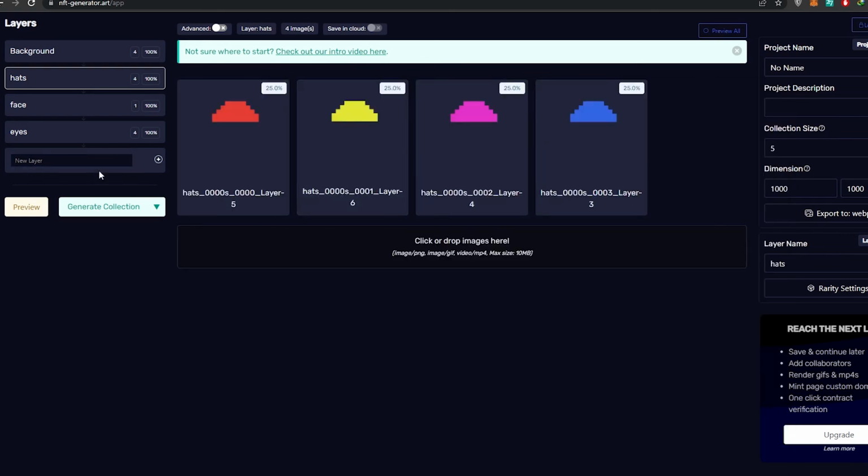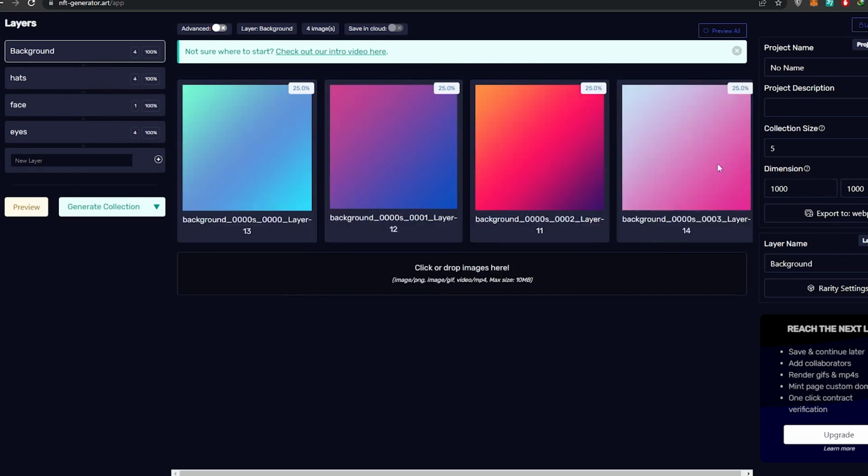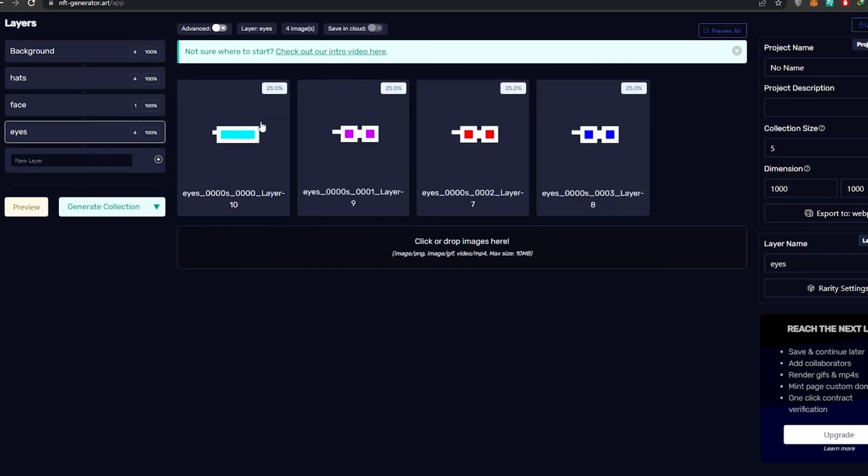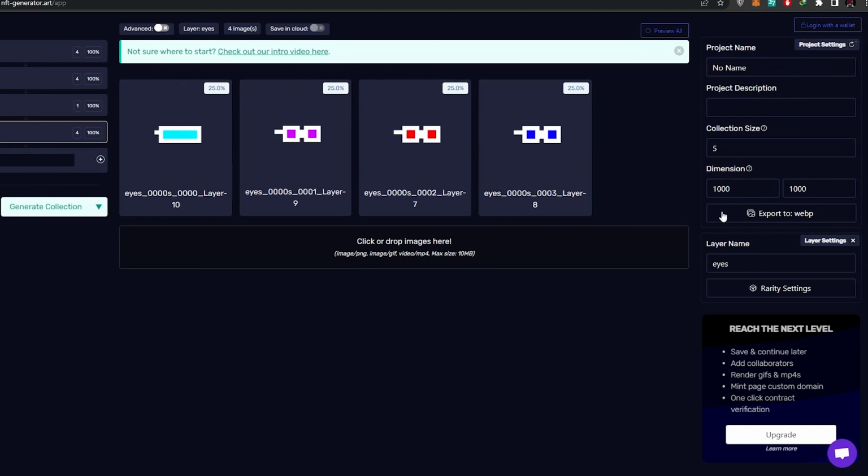And now as you can see, everything is perfect. 100%, 100%, 100%. You're going to have to keep a track on this. If all of the percentage on each element is not equivalent, then that means that the size of these is not perfect, and it's going to become an issue later on. So once that's done, all you have to do is just enter in your collection size. So since I have 444, I'm going to put like 50 over here,